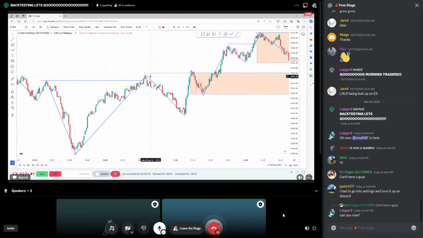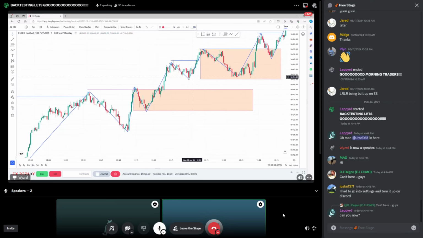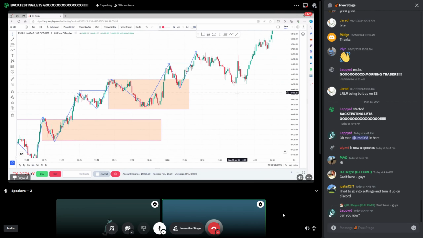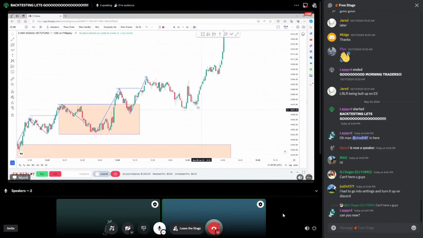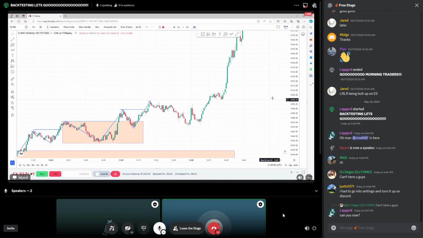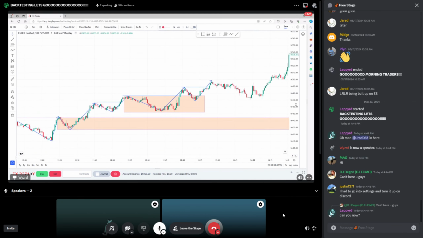So anytime, like, this would be strike number 1. This high would be strike number 2. This high would be strike number 3. And then I'm going to be looking for some kind of break of structure back down. I'm going to be looking for a low to fail, because I know I have an unmitigated zone back down here below. So I'm willing to sit out and miss moves before I'm willing to get caught chasing a trend